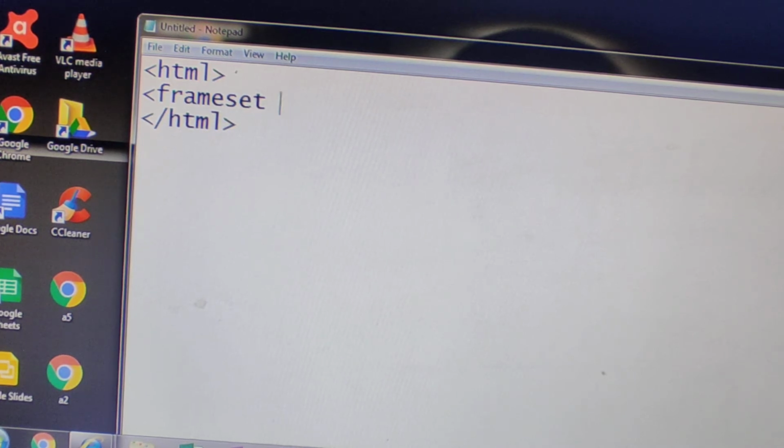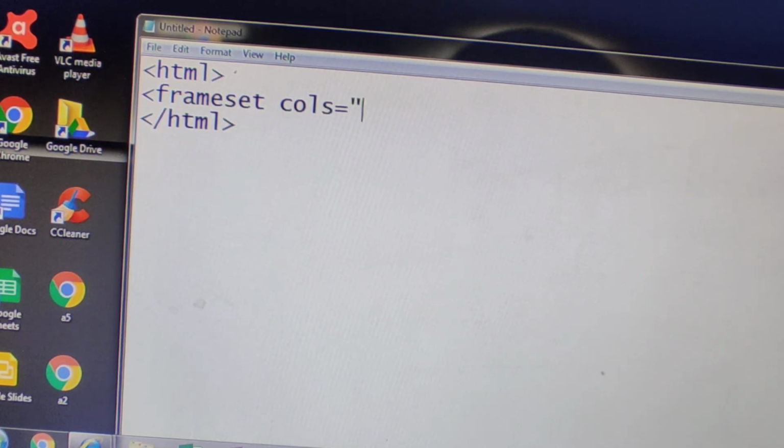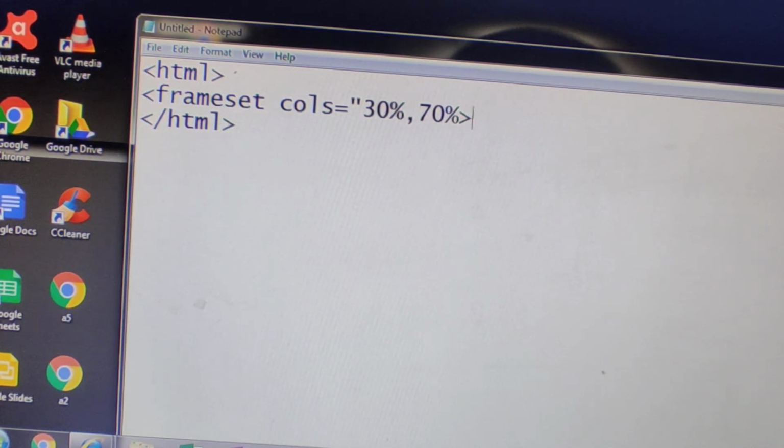So here I am dividing the browser window into columns. Example, cols equals the size of the first one is 50%, or you can give 30%, your wish. But when you add them, it should total 100%, so I am giving 30%, comma, 70%. Now, in the frameset tag, what attribute are we using? Cols.